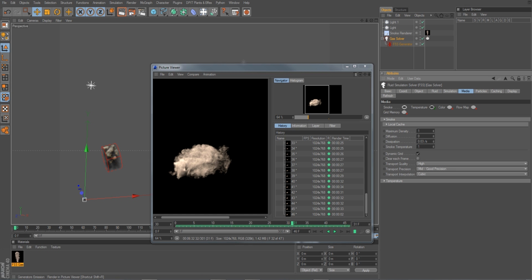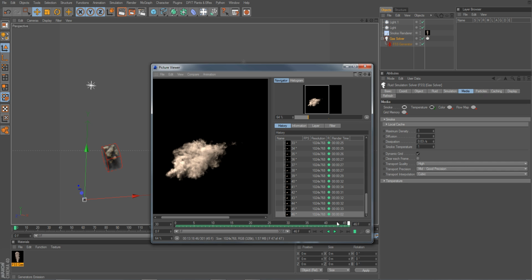You gotta get used to this, just changing a few settings, 1, 2 or 3, then do the test rendering. You don't have to do it for all frames. You can just do a little preview here, as I do 45 frames of 300, and once you have everything set up, you can do the whole thing. But as I said, sometimes you just have the cache, and this works much faster than